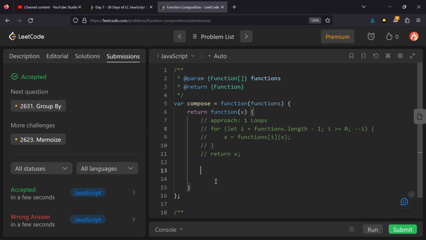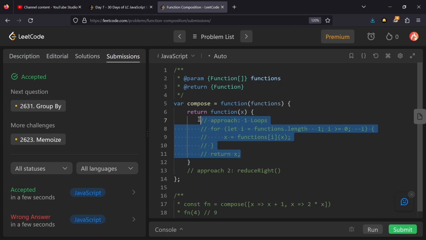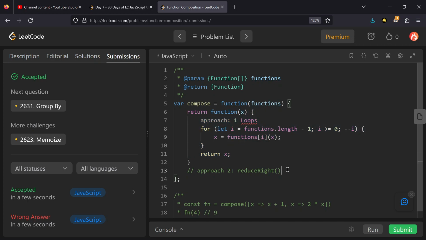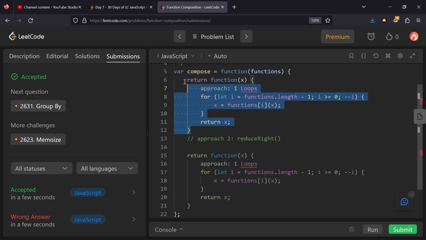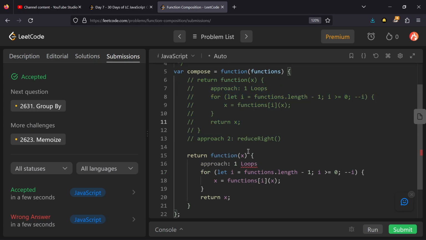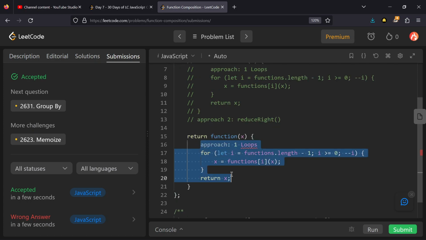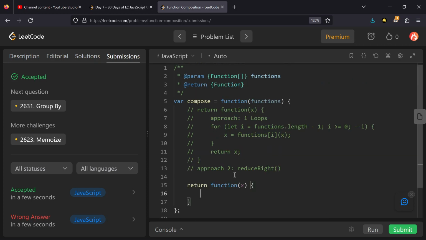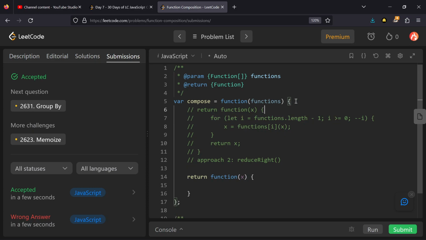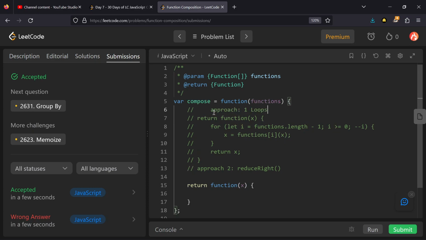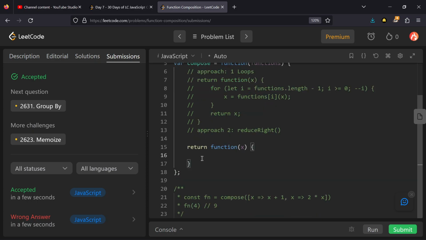So inside this, let me write the next function. And commenting the first function. Okay. Yeah, let's write our second approach.